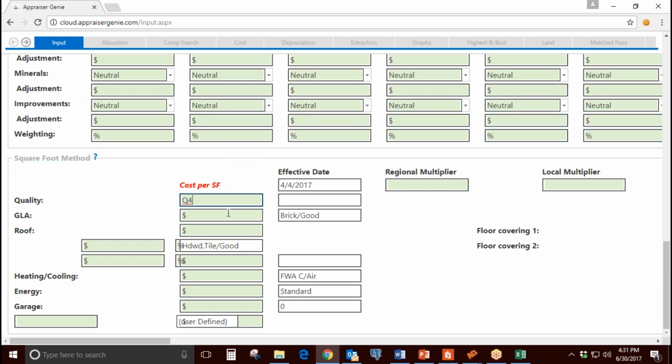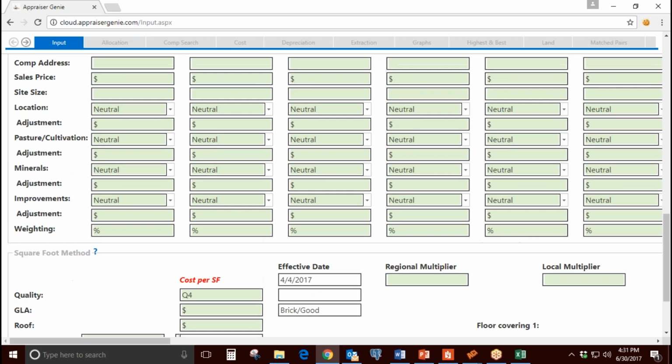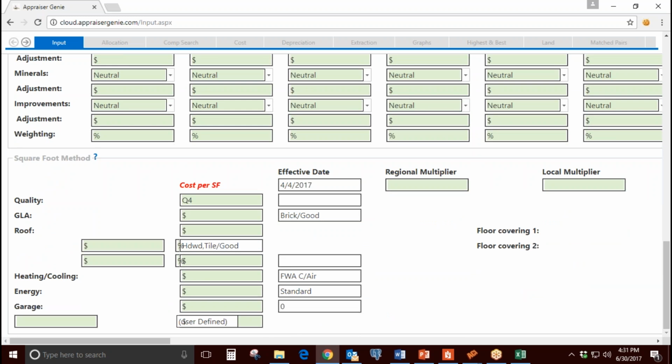Square foot method works the same way. You can enter your own information in the green boxes. What you see here already entered is what buildingcost.net will use automatically for cost approach, so you can skip this bottom section. If you do use Marshall and Swift, you can transfer their information here, but you would do that manually. So I'm going to skip both of those, and you'll notice I've reached the bottom,